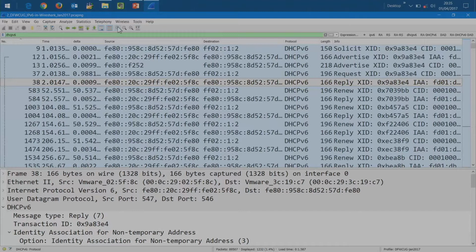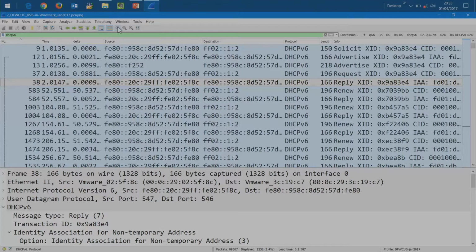Now here's the best part. I did a request. All the DHCPv6 servers that could reply, replied. Which advertise am I going to send my request to? The first one or the last one? First. First I heard. It's opposite with routers. Last I heard with routers, first I heard with DHCP.